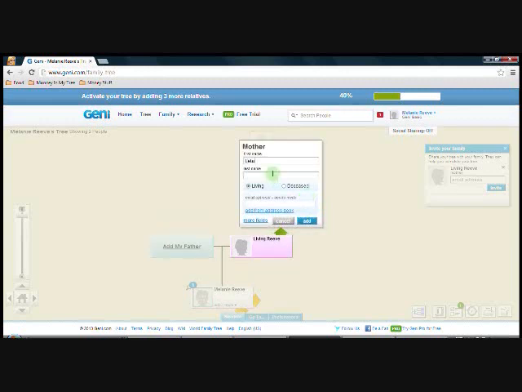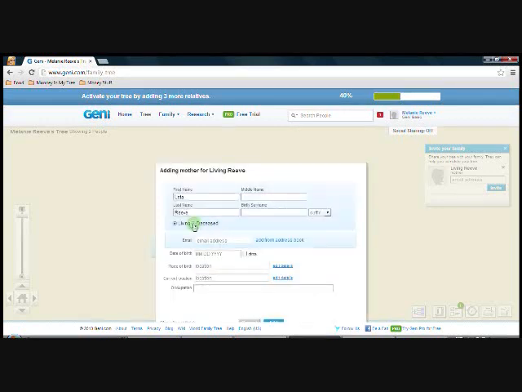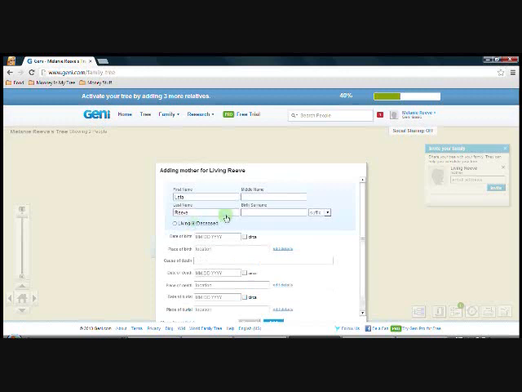Her name was Lita, and we're going to go with the name she had at her death, which was her married name. And yes, I have my mother's maiden name as my name. When you click on deceased when adding her, it'll take away that email box. But if I click on more fields, it's going to go back to the default living. So I'm going to go to deceased again. And she was born September 6, 1933 in Lone Grove,